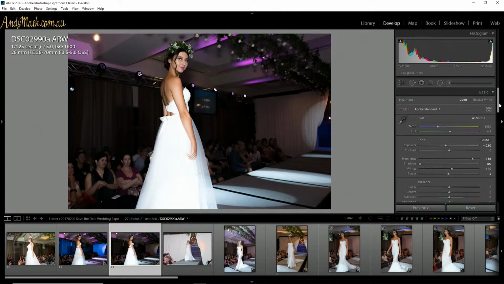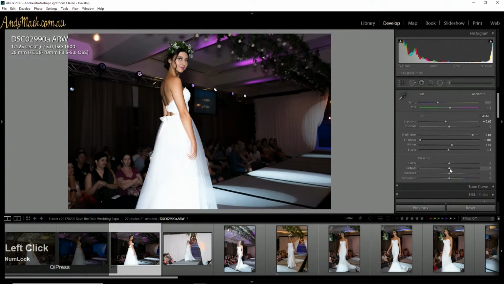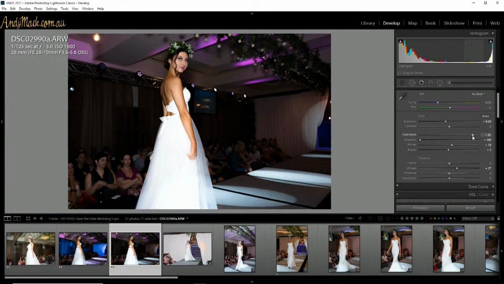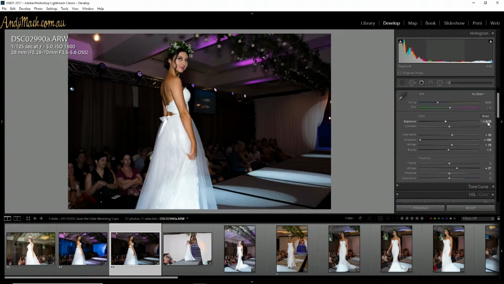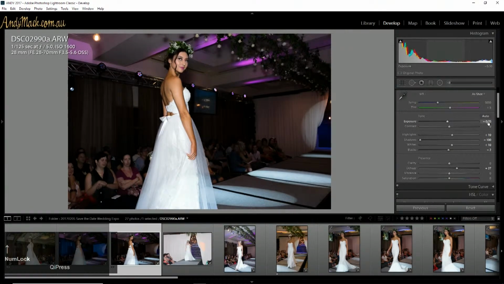Now, as you all know, I love the dehaze, so even when things aren't hazy, and our dehaze is at 0, it looks like that. If we bring it up, yeah, we've got a little more professional look, and I can see that there's not much detail in the dress there. Maybe I've done the highlights a little too high. Some detail there. That looks good. Maybe the bride's face could be a little brighter. And I'll do that